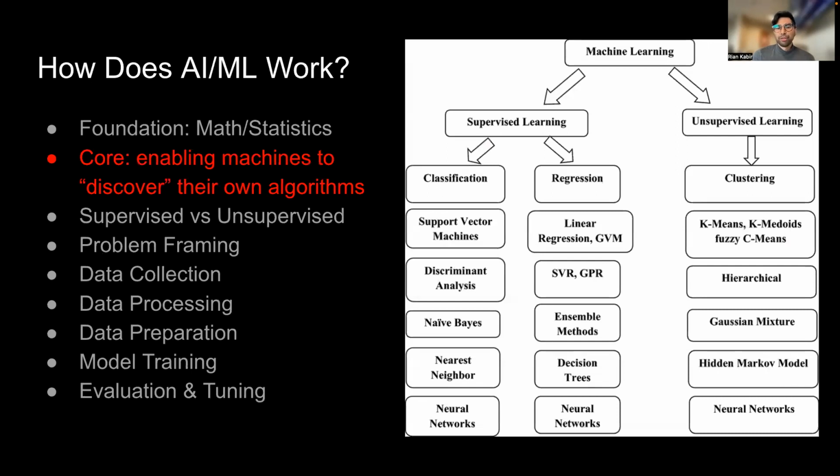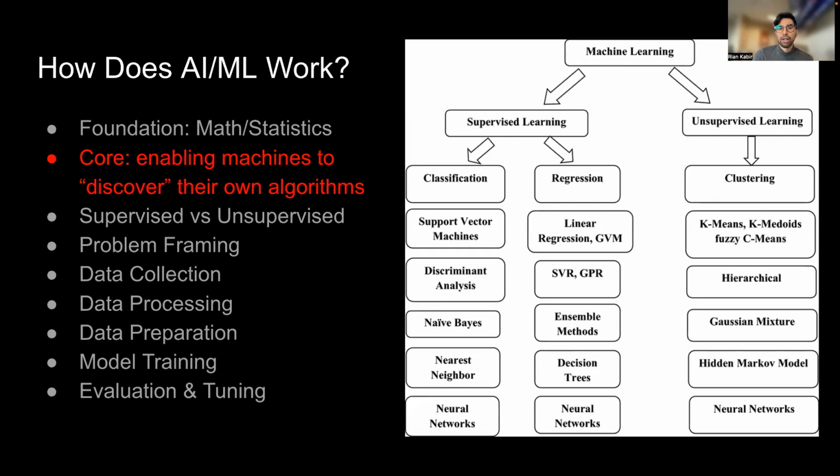So how does machine learning or AI work exactly? Well, the foundations at its core are based on mathematics and statistical principles. These include probability, algebra, calculus, statistics. They help us understand what data even is, what the nature of data is, and how we use that data to make predictions or decisions. So things like the mean, the median, the mode, standard deviation, these things help us understand how the data is distributed. And then there are more advanced concepts such as gradient descent that are crucial for optimizing machine learning algorithms, specifically